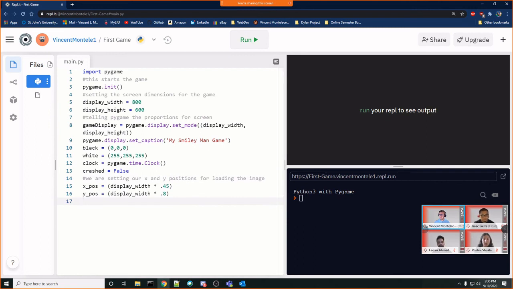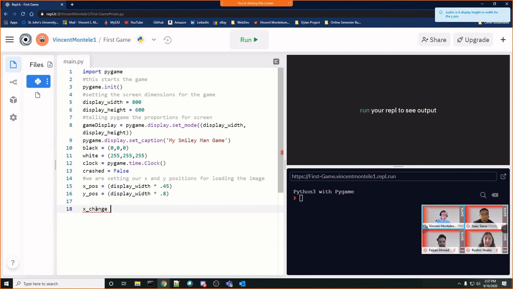To start off, all we're going to do is just focus on moving the character to the left and right, and I'm going to leave it to you guys as a challenge, and it's very simple, of how you can actually move him up and down. That would be something for you to try on your own. It follows the exact same setup of how we're going to be moving him left and right. All right, so what I'll do is I'll say X change, so this measures how much I'm going to change.